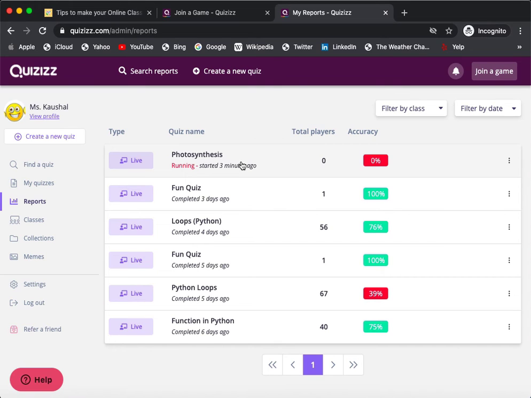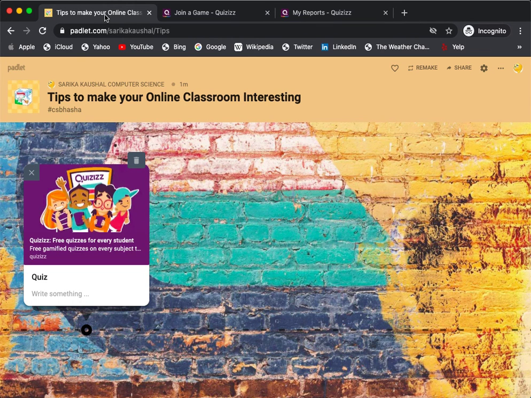It is free for teachers, and at the same time you can have as many quizzes as possible. You can make your quizzes private, you can make your quiz public, you can create your own quiz. Teachers and students are all there together, and we can always begin our class with this kind of fun element. So I hope the first tip is what you will definitely implement. I'll come up with another tool that you can try as a quiz, and just happy learning and happy teaching.